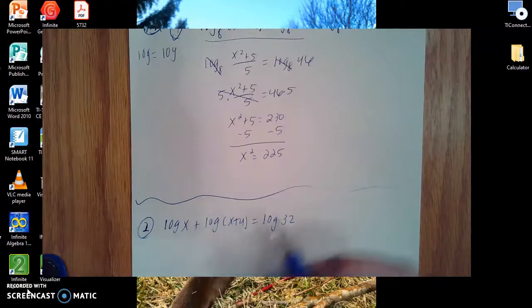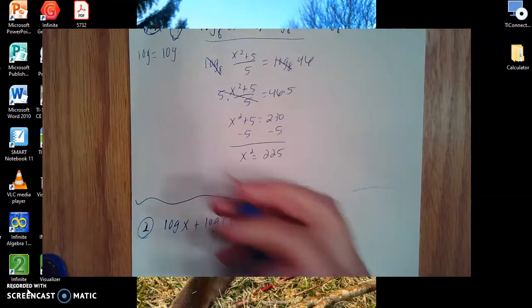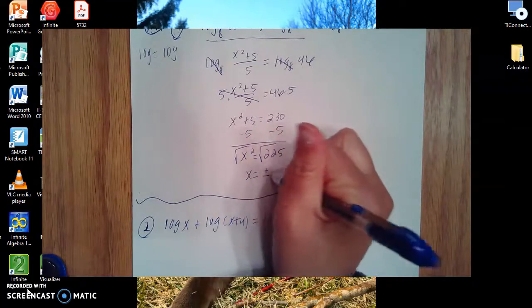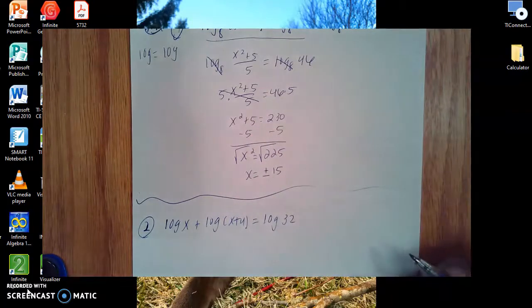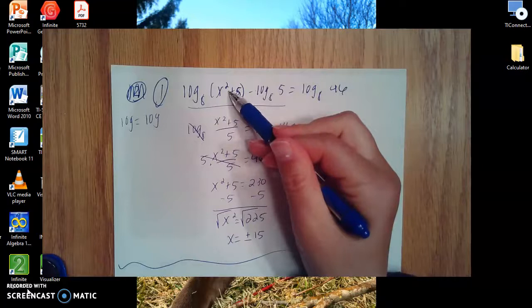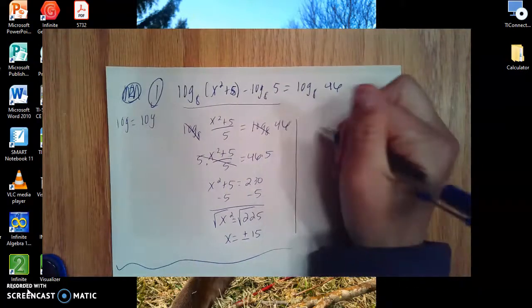X is still not by itself yet because it's squared. So in order to get rid of something that's squared, I'm going to take the square root of both sides. Whenever you take the square root, you always get a positive and you get a negative. And the square root of 225 would be 15. So when you go to plug this in, you'd have to plug in both a positive and a negative right here. So if I were to check my work,